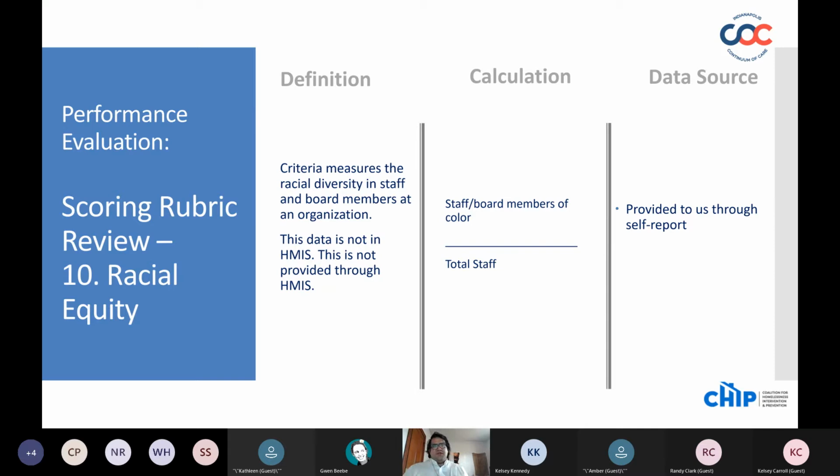Now, moving on to racial equity, this is looking at total staff and board members of color over the total staff. This is not information that we collect in HMIS, and this would be provided to us through self-report. I'm going to be following up with the performance outcomes committee and the NOFA competition folks to see how we want to potentially standardize this. But again, this is all self-reported. We don't collect this kind of information in HMIS for your users,